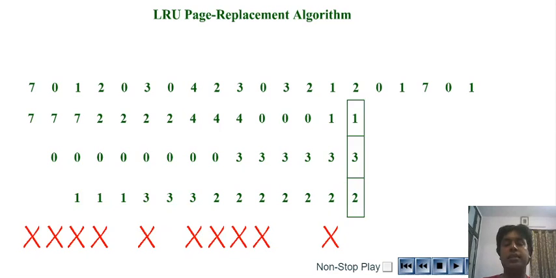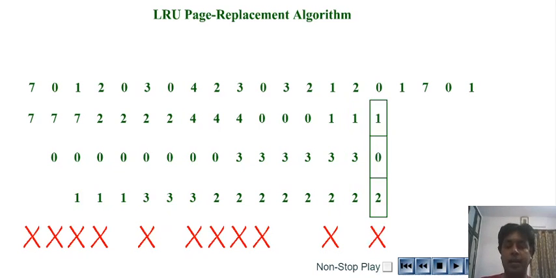After this, the next request is for page 0. Now for page 0 to swap into one of the frames of my memory, I need to swap out one of the pages. So let us see which page will swap out. 2 is the one which has been recently used. Before that it was 1, before that it was 2, and before that it was 3. So 3 is the one which is least recently used. So I'm going to replace 3 with the page 0.